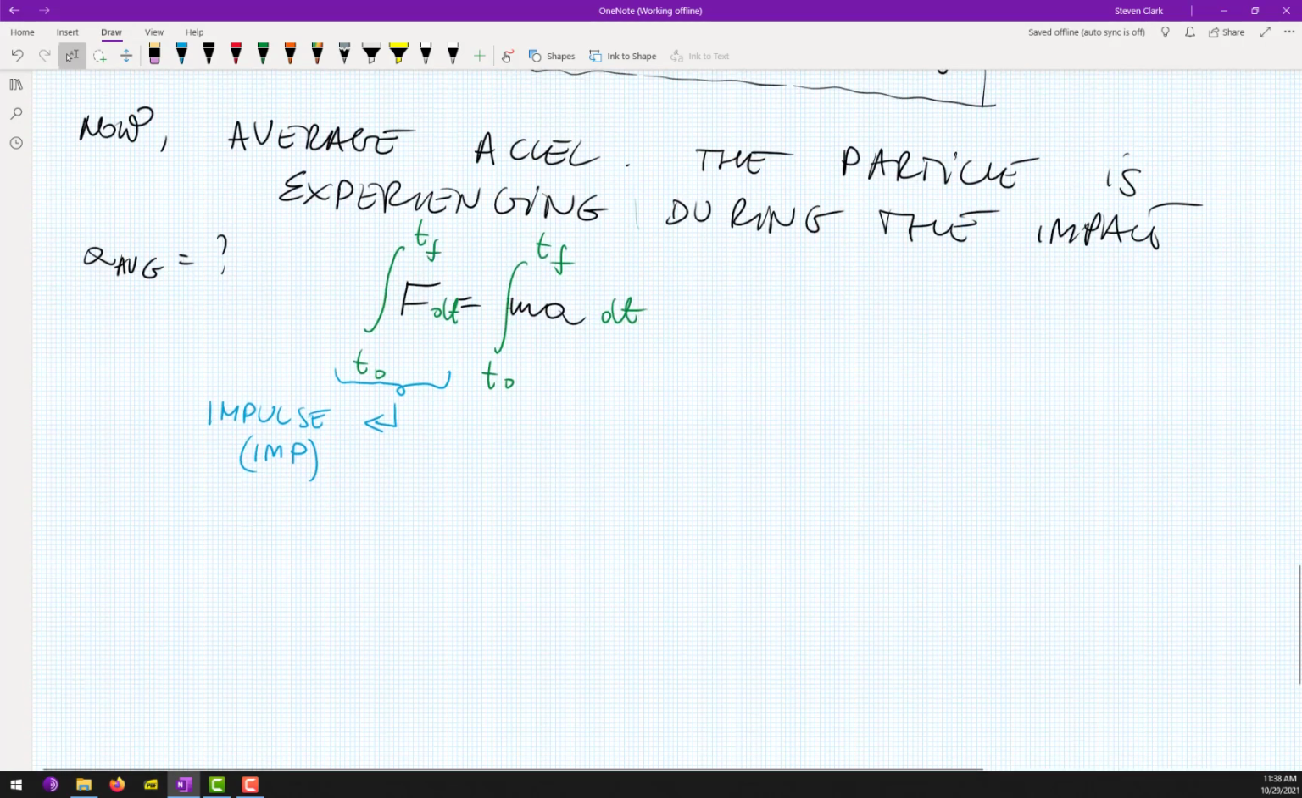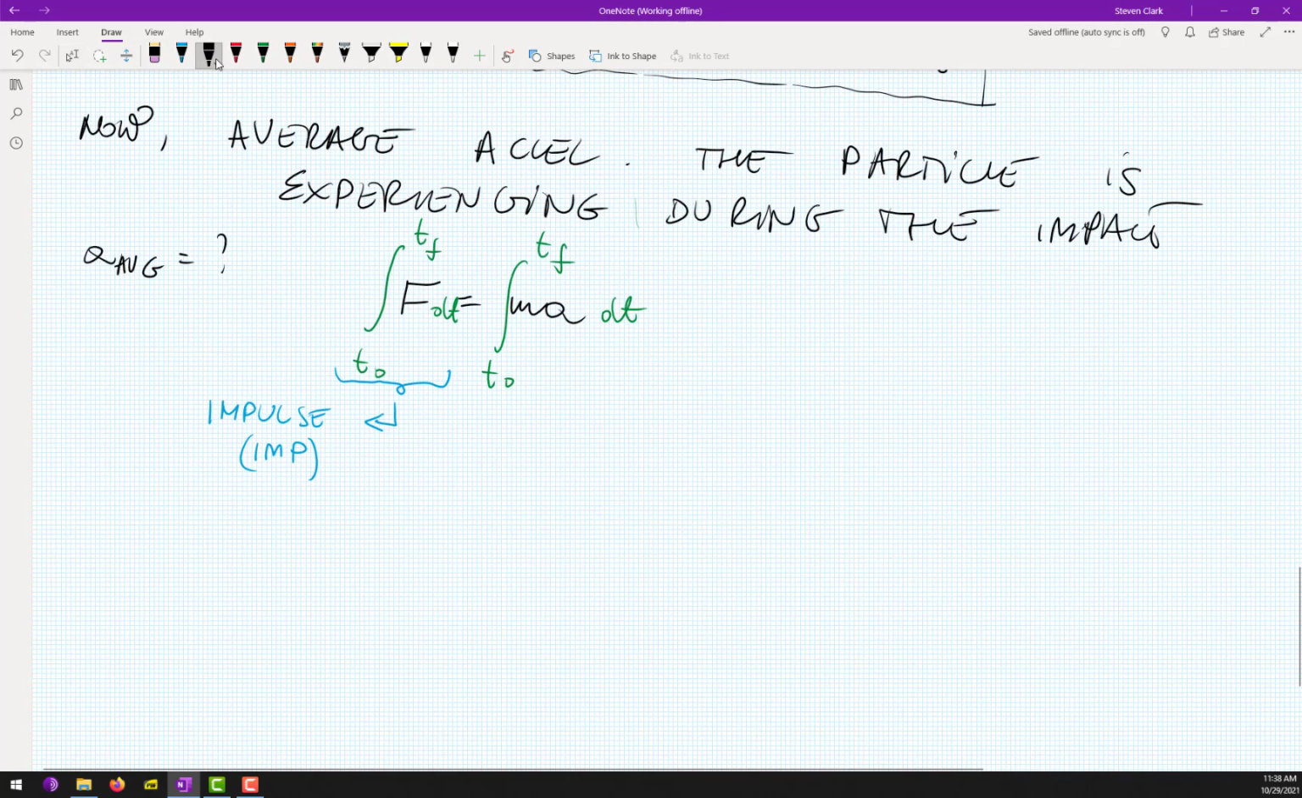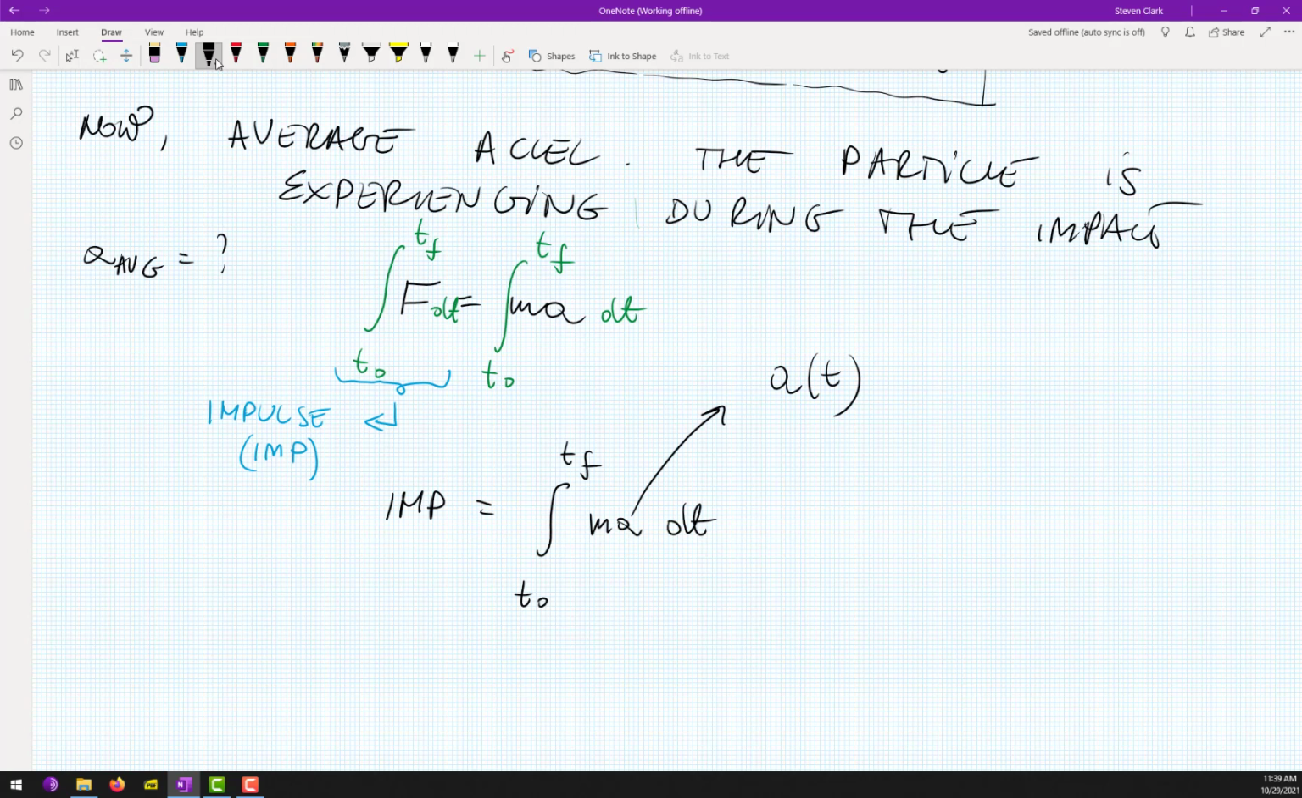From t0 to tf dt. And I know that this is our impulse, or IMP. So I know that our IMP is equal to the integral from t0 to tf of ma dt. However, this can be a function of time. It can change, like that, for example. So that integral